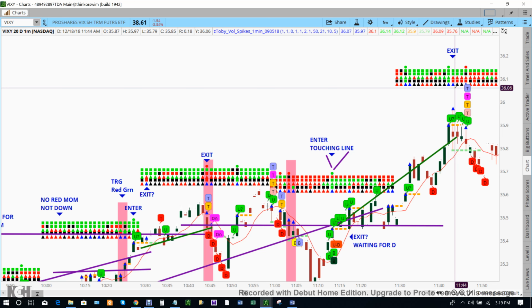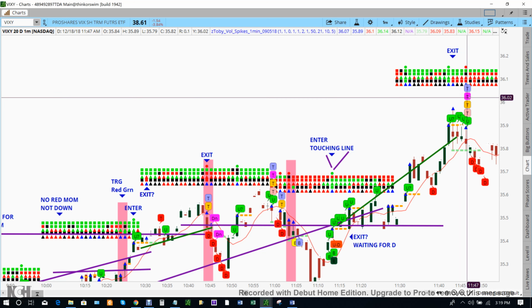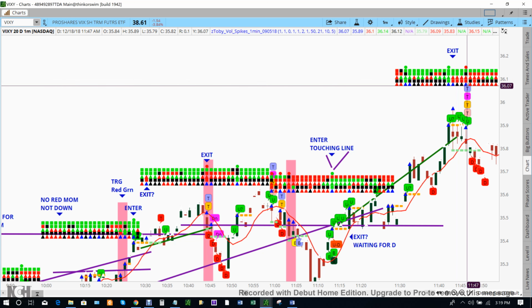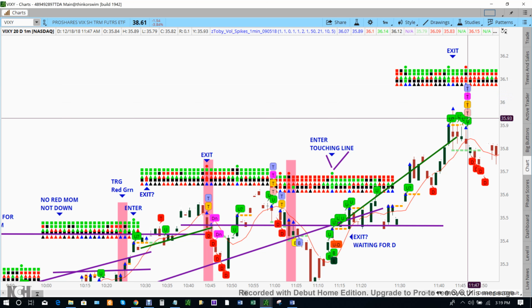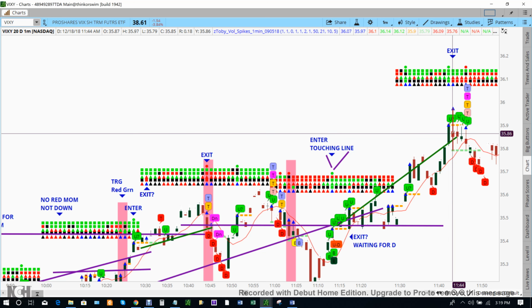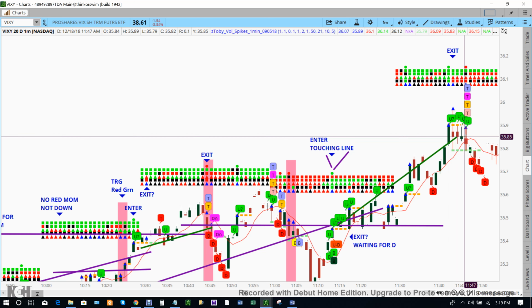If you want, you could wait a little bit more for a second confirmation, and you'll notice that here right by my mouse pointer you got a blue and a red, so that's a second confirmation. Let's just see all these T's in a row. My program thinks it's going to drop. You look at the candles, red, red, red, and